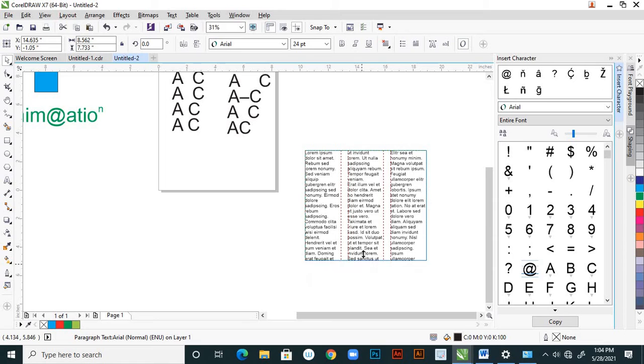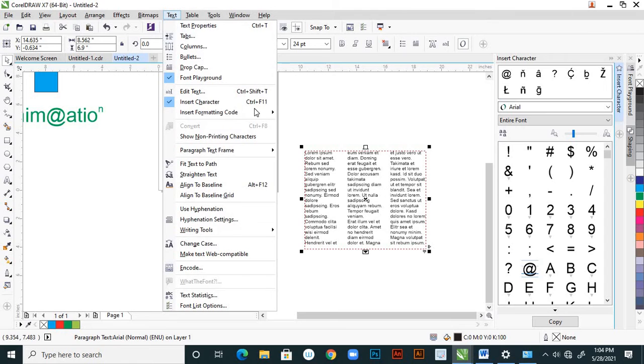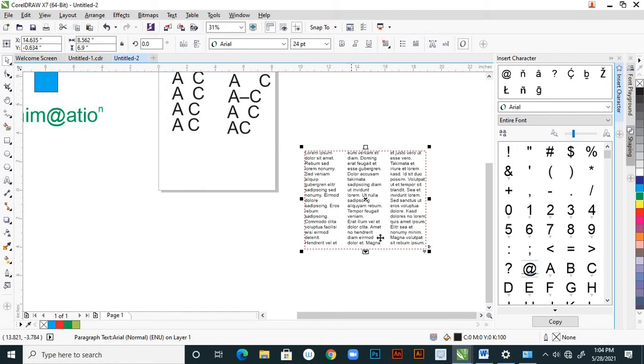It is converted into 3 columns. Suppose, see, my text is still there, right? From Text here I'm using this to select that particular text.